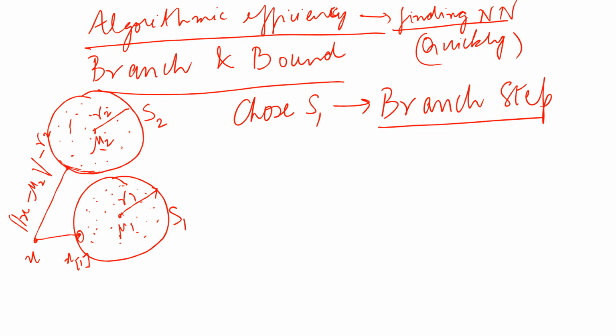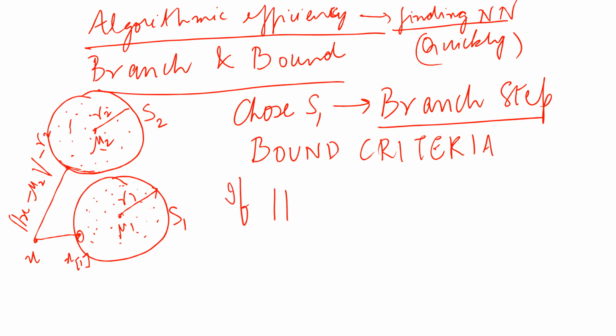So based on this, we can come up with something that's known as the bound criteria. Let's look at what is the bound criteria. Any nearest point should be at least x minus mu2, because this is the center, minus r2, lying somewhere here, right? This is what it needs to be. So if I can ensure this x minus mu2 minus r2, I should have written r consistently so that we don't get confused,